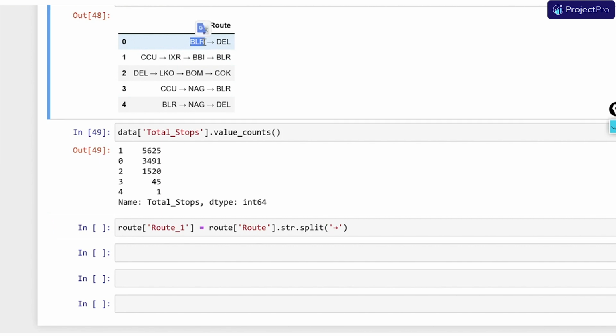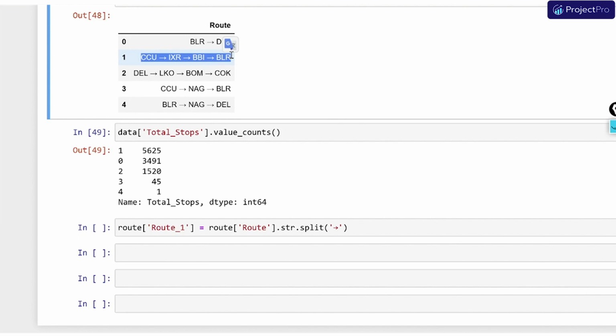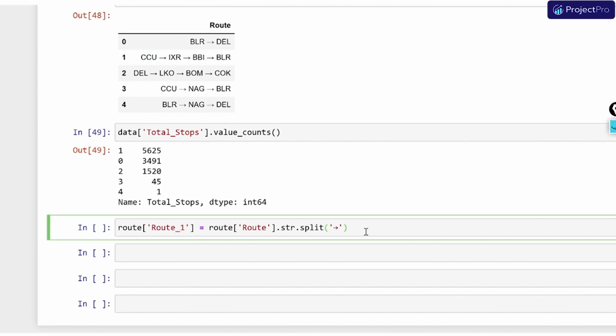This is the first element. So after splitting, you will get a list. So you will get, let's say, Bangalore and Delhi. So you will get a list containing 2 elements, Bangalore and Delhi. If you were to split using this, and this is the value that you have, CCU, IXR, BBI, and Bangalore, in your list there will be 4 elements, and I want to extract the first element, so